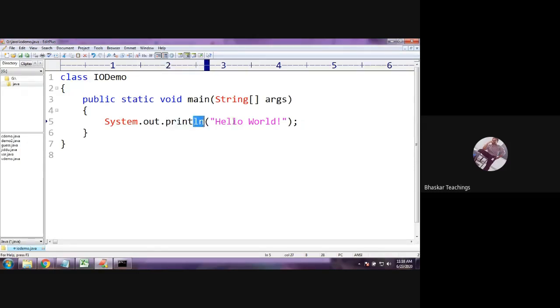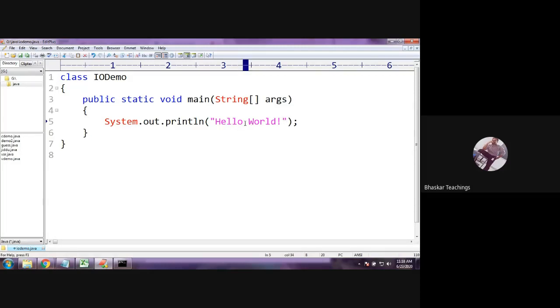We have print and println. If I just give System.out.print, it would display in the same line. If I give ln, it would display and move to the next line. So you better give println every time. In C we used to give slash n.